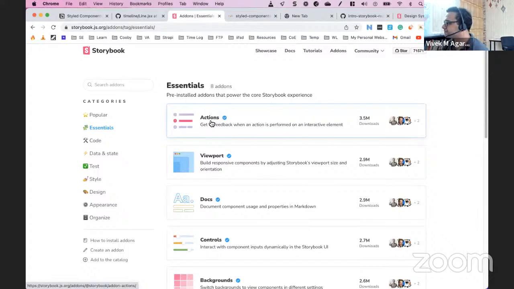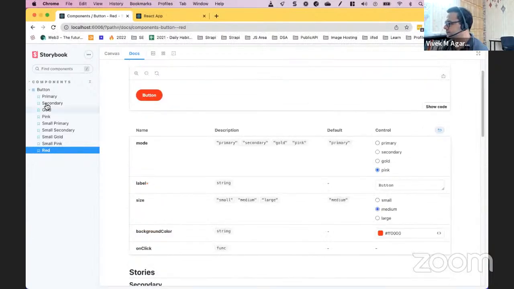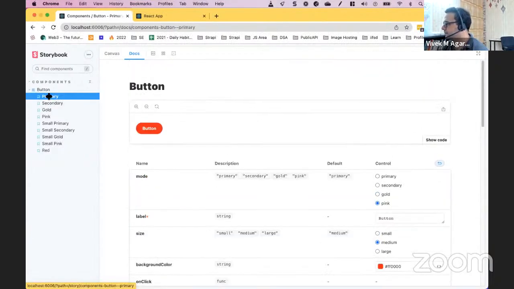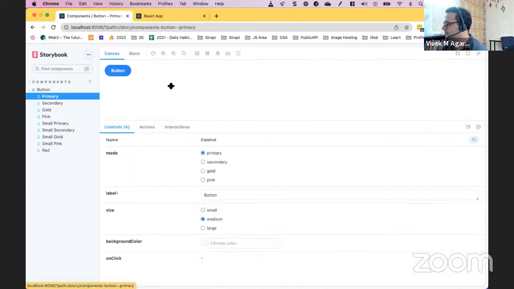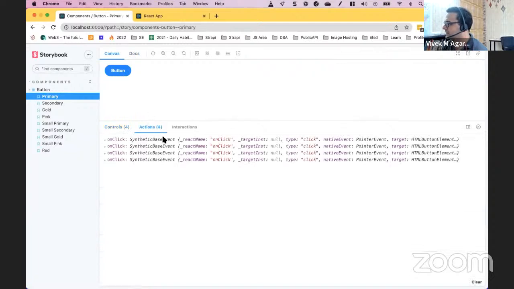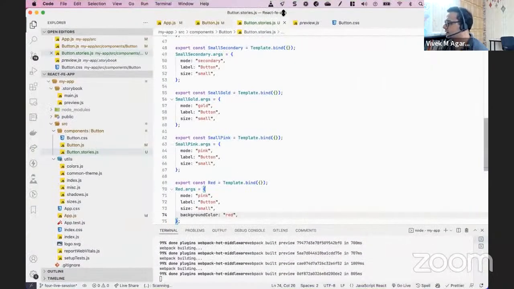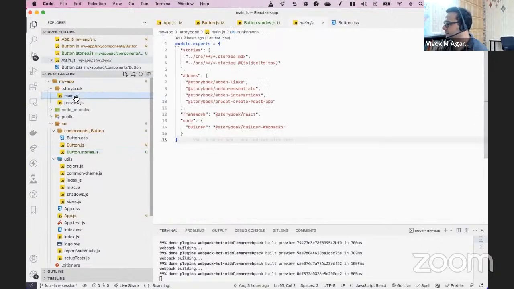एक्शंस क्या होता है, जैसे कि आप अगर प्राइमरी में जाते हैं, I will reset it कि वो वापस प्राइमरी हो जाए. यहाँ पे रीसेट बटन है, और I will go to कैनवास, और अगर मैं बटन में क्लिक करता हूं तो आप देखिए एक्शंस में क्लिक इवेंट आता जा रहा है, राइट? तो ये बेसिकली यहाँ पे क्योंकि हमने ऑलरेडी देखा कि